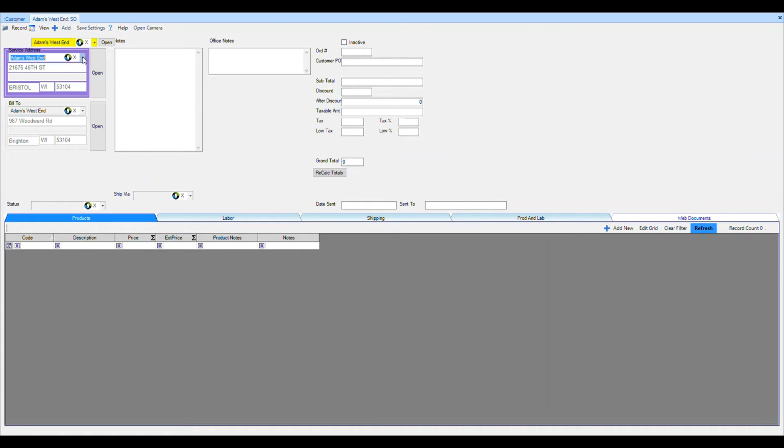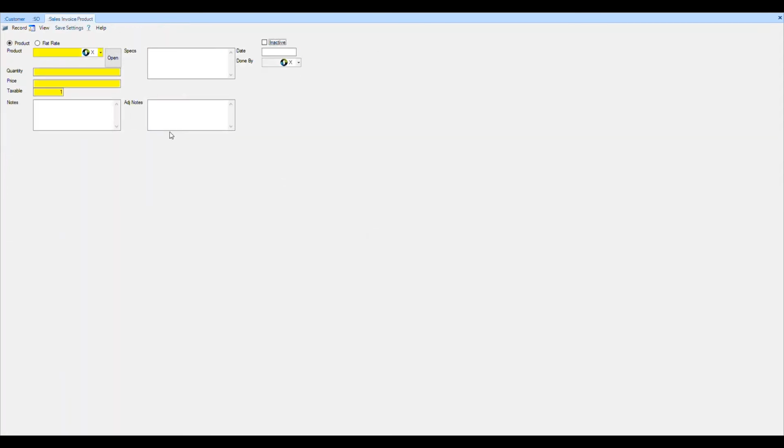If there was more, I could choose the correct one. The bill to, there's typically only one, but it fills it in there. And I'm going to quickly go down to just fill in products. So I'm going to add a new one, and I can just start typing, or I can do a drop down and search and filter to find what I'm looking for. In this case, I know I'm looking for this one. I can hit tab,